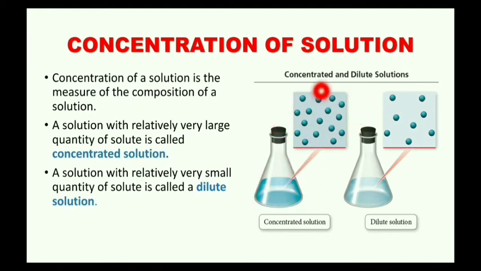We can see large number of solute molecules present in the solution, which gives this darker color to the solution. Similarly, when we are looking into dilute solution, we can see less number of solute molecules present in the solution, and the color of the solution is comparatively lighter than the concentrated solution. That is why they are called as dilute solutions. So concentrated solutions have large quantity of solute and they appear to be darker in color, while dilute solutions have less quantity of solute and they appear to be lighter in color. So by which we can find out the concentration of a solution, if it's concentrated or if it's diluted.